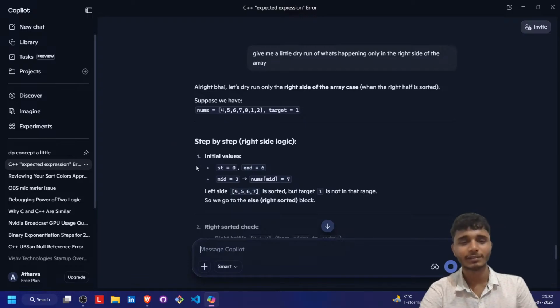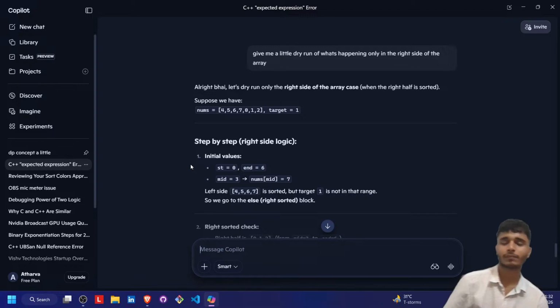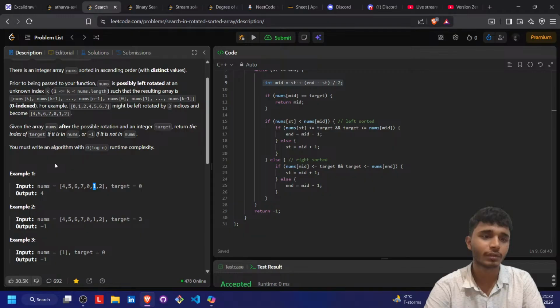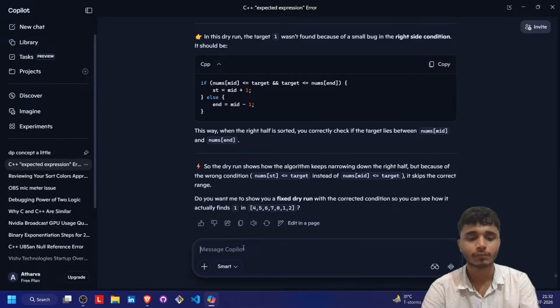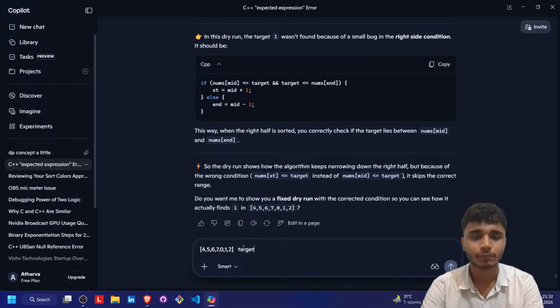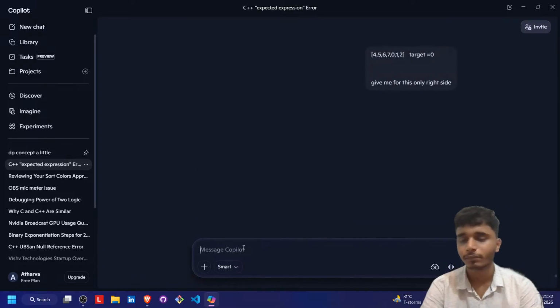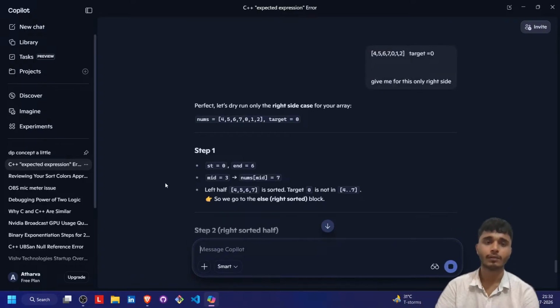Start is 0, end is 6. Initial values. No, I want to check for this, right? We were checking for this. Give me this only, the right side. Okay. Start. Start is